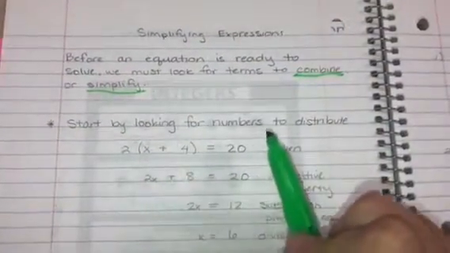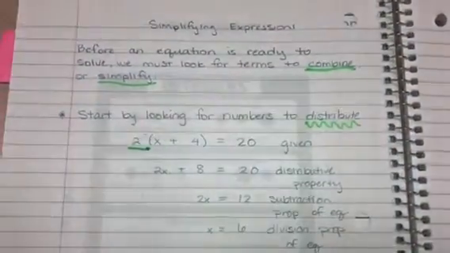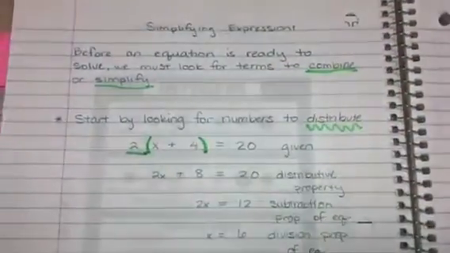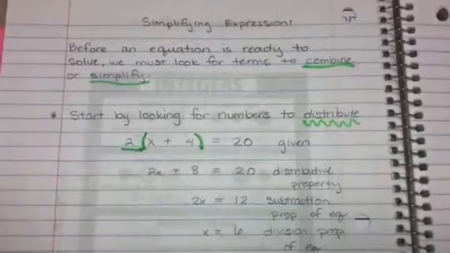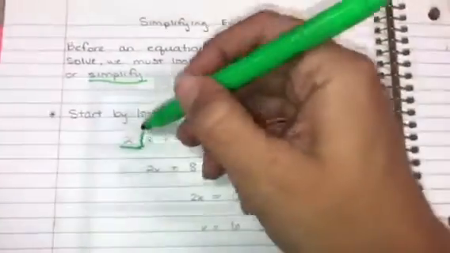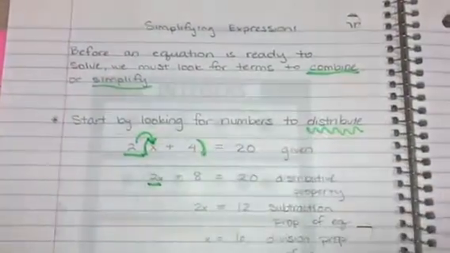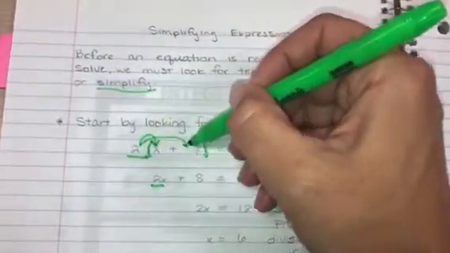So start by looking for numbers to distribute. That's going to be the first thing you want to look for. So I know that I need to distribute that 2 because it's on the outside of these parentheses. So we saw that a couple of lessons ago, but here we see it with solving equations as well. So I'm going to simplify by distributing that 2 in. So I distribute it to the x first, that gives me 2x, and then 2 times positive 4 gives me